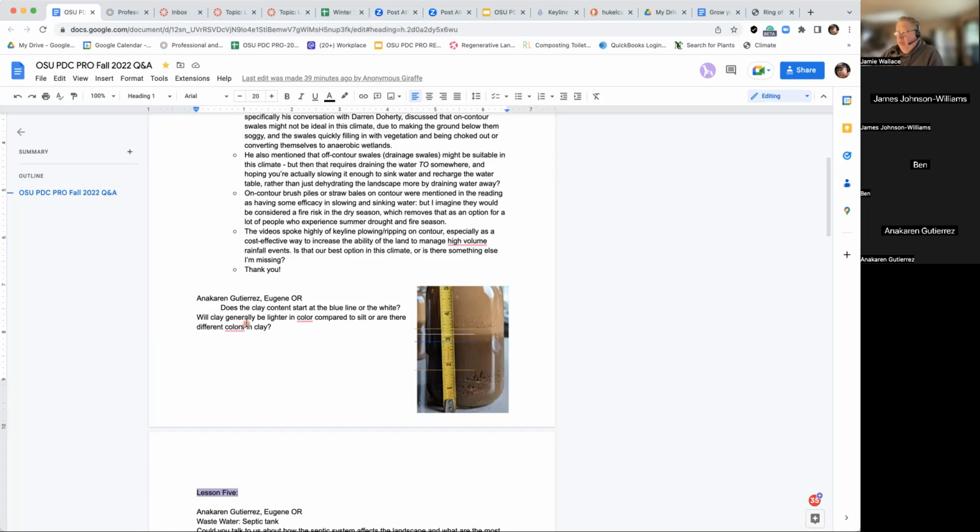I would just pick one. To the best of your knowledge, this looks like that top layer is clay, but it's separated a little bit. I would just go with that. Sure. Okay. Just pick one and run with it. And it's really not going to make a profound difference one way or the other,